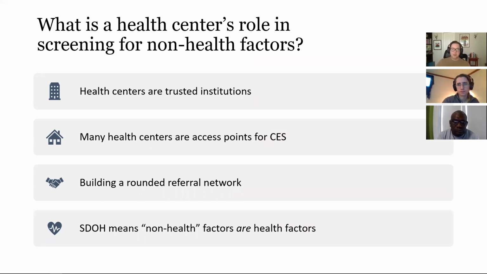Because of that trust, you may see patients that no other system sees. We talk about the continuum of care and CES. CES is the coordinated entry system, or some communities say engagement system, and that is really just a stand-in for the homeless response system. So most, if not all, of the housing resources in a community will flow through coordinated entry. Many health centers, and I wonder if some on the call, if you wouldn't mind putting in the chat, are access points. You may do things like VI-SPDATs or assessments. You may refer people to the coordinated entry system, or to housing partners.